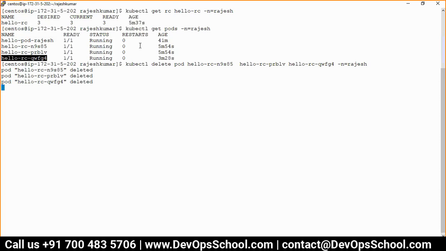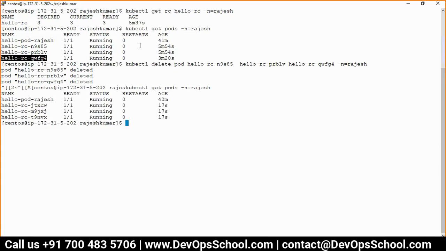Now you see that magic. I deleted all pods. All pods have gone. Look at the ID name of the pods. See here, look at the age. Compare. See the magic. So when you create a pod through RC, it has two features. Not only can you replicate as many pods as you want, but at the same time, the controller will control your desire. That means you don't have to get up in the midnight and think that production is down for some reason. Guys, did you understand this?